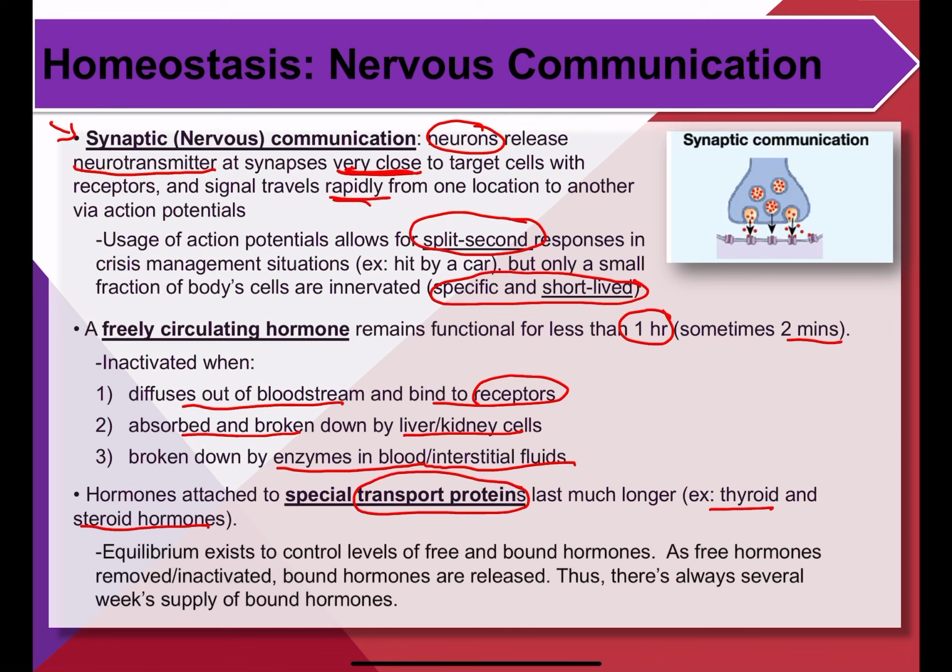So there's usually some sort of an equilibrium in terms of hormone concentrations between those that are freely circulating and those hormones that are bound by proteins. As free hormones are removed or inactivated, more bound hormones will be released. Thus, there's always several weeks supply of bound hormones when we talk about hormones that are bound by these transport proteins. Which is why, for example, in thyroid diseases, it takes a while for the drug to take effect. And if we think about hyperthyroidism